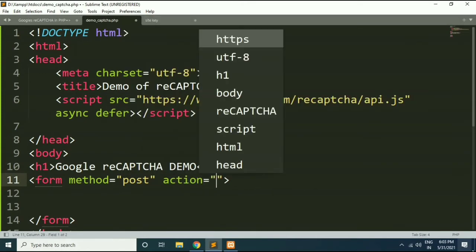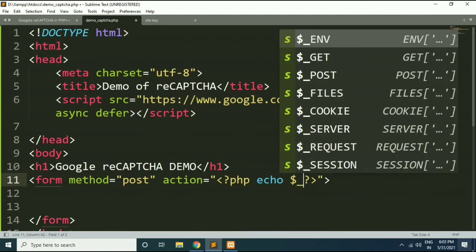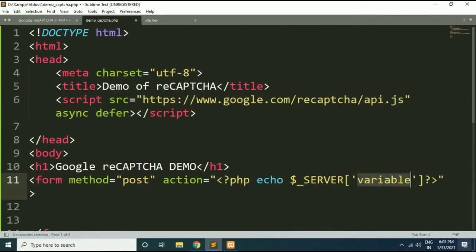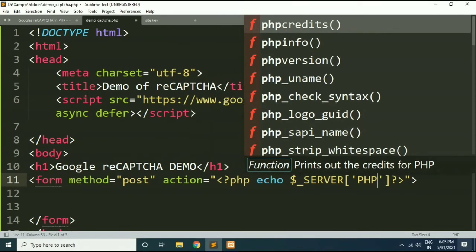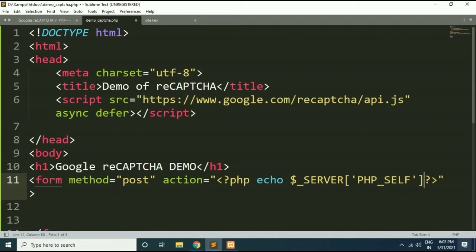So I will write action, and here I will use one super global variable called $_SERVER, and I will specify the value PHP_SELF. So this form will be submitted and the user will be redirected to the same web page.